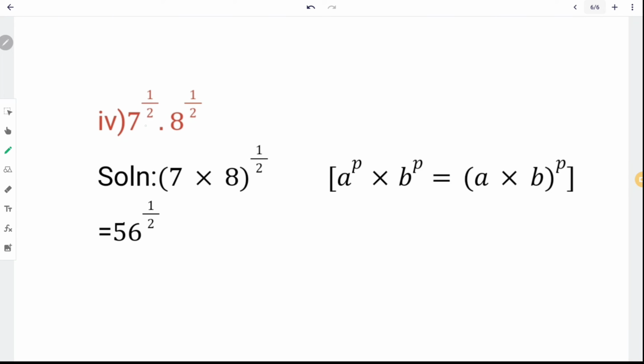Let's do one more. 7 to the power 1 by 2 multiplied by 8 to the power 1 by 2. So you can see here now the bases are different. One is 7, the other is 8, but the powers are the same, right? The bases are different, but the powers are the same. So what do we do? We just multiply the bases here, okay? So what are the two bases? 7 and 8. 7 8s are 56, and then the power remains the same, okay? 1 by